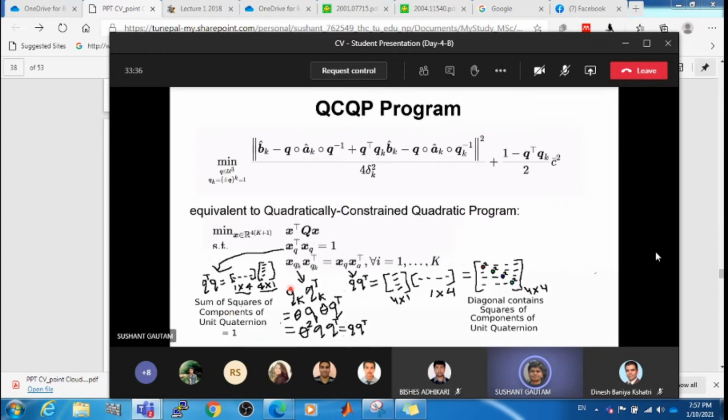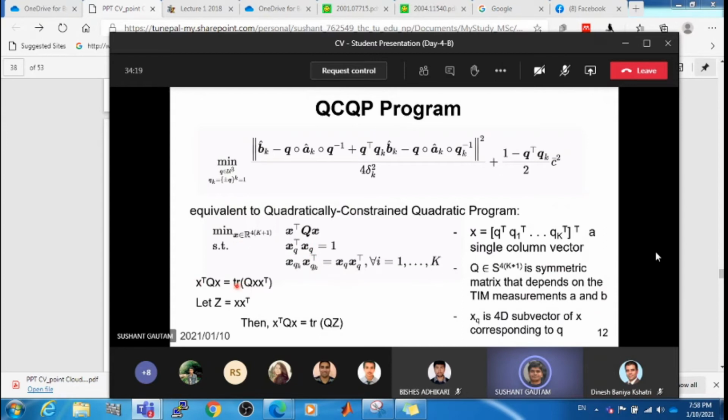So xqk is a 4-dimensional subvector that contains qk. Qk times qk transpose is a 4x4 matrix. So just note that q times q transpose is like a 4x4 matrix. It contains the squared components of the unit quaternion in the diagonal. So you can just realize this. If you multiply like this, the squares will come in the diagonal, right? And just look at this term, qk and qk transpose. So qk is equivalent to theta q. We know that, and there are 2 thetas. It will be theta squared. Right? Theta k either positive or negative, this square is always 1. So this is trivial. These two are equal. So these constraints are justified.